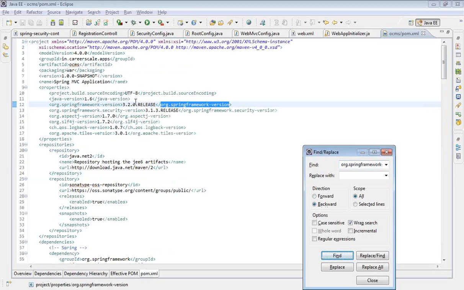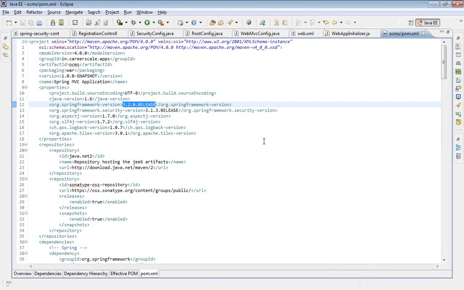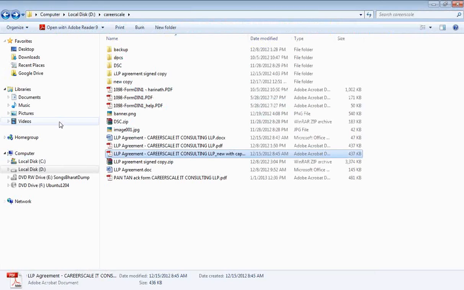See here, this actually is defined as this value 3.2.0.RELEASE. So I'm talking about org.springframework spring-context with version 3.2.0.RELEASE. What does it really mean? It really means that